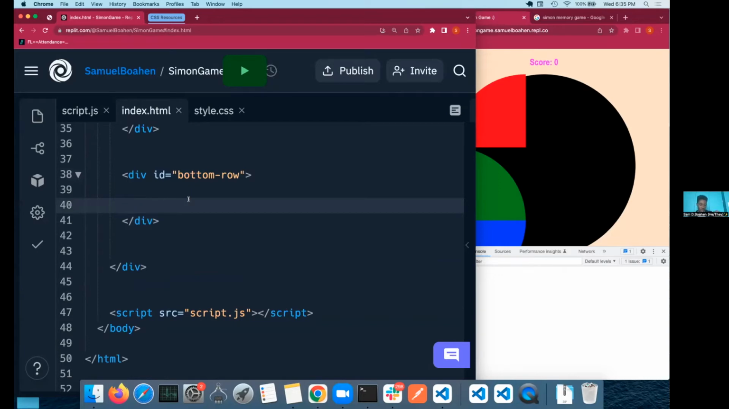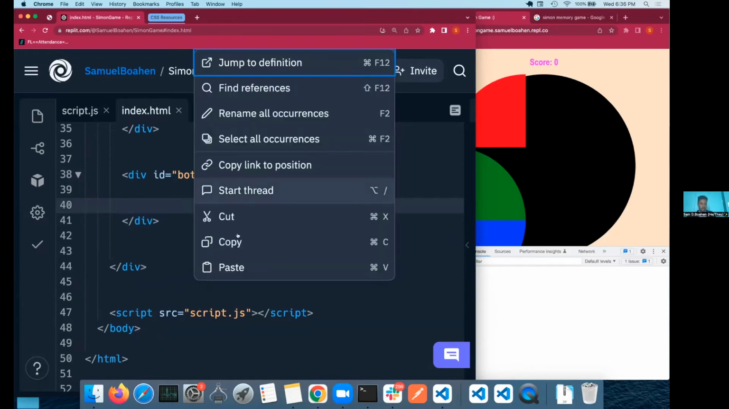I used the keyboard command Control X or Command X, depending. Control X if you're on Windows, Command X if you're on Mac, just so I can do a cut and paste just like I did manually. And now if I come here and paste,